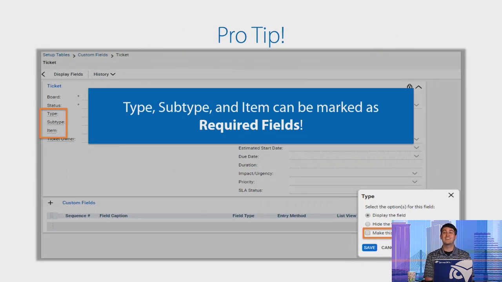One thing I hear consistently every single time I bring up auto templates is that those sure would be great if my team would actually select the type, subtype, and item on tickets, but they never do. Well, there's one way to help them along, and when I say help, I mean force, and that is by